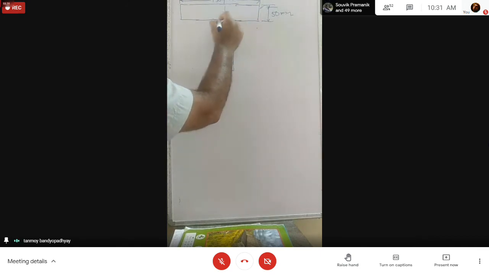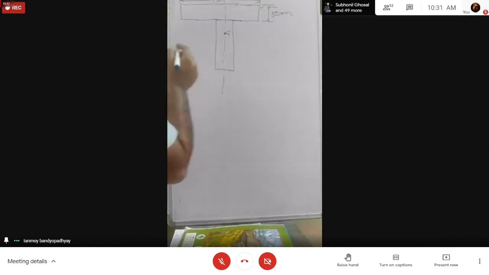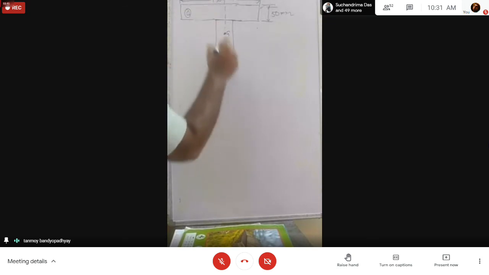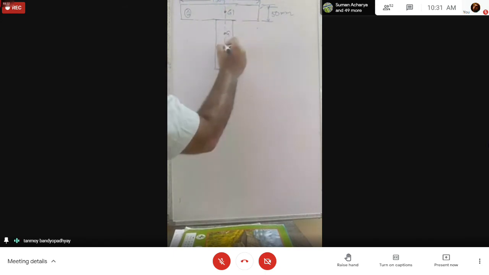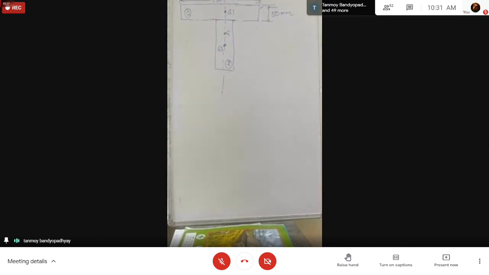So I am dividing it into two parts like this. This is rectangle number 1, and this is rectangle number 2. For rectangle number 1, let the centroid be G1, and for part 2 we call it G2. Okay? As you can understand, G will be somewhere above G2 because of having a higher area above the x-axis in the T section.